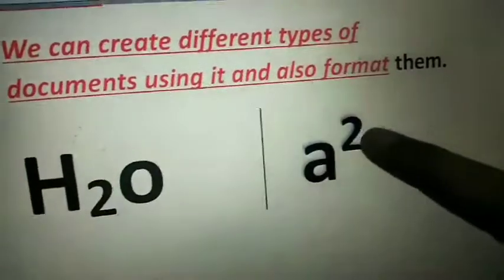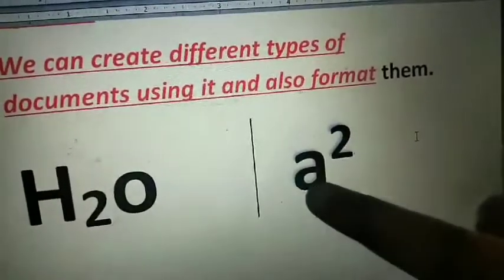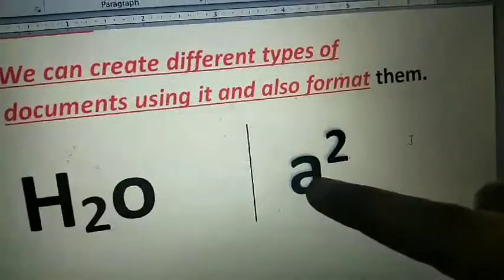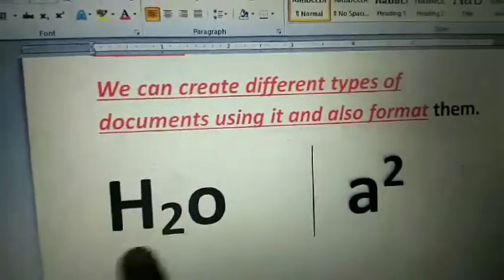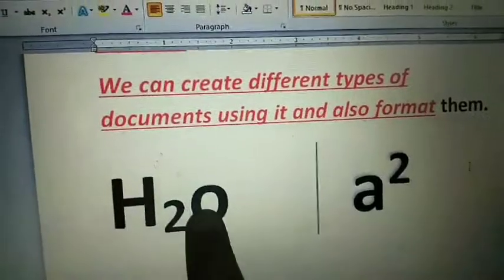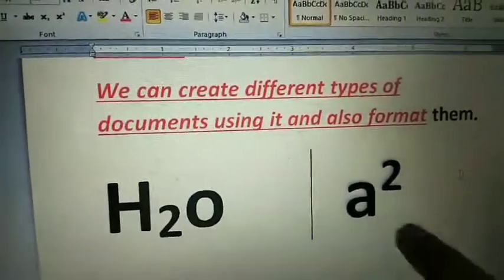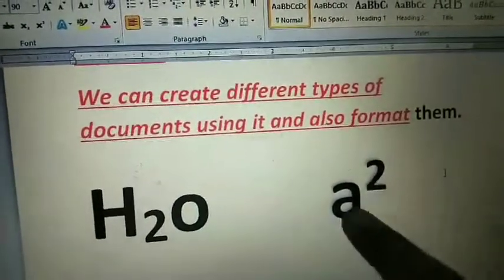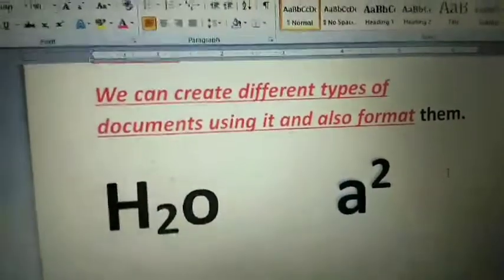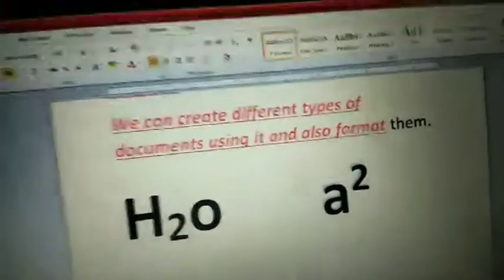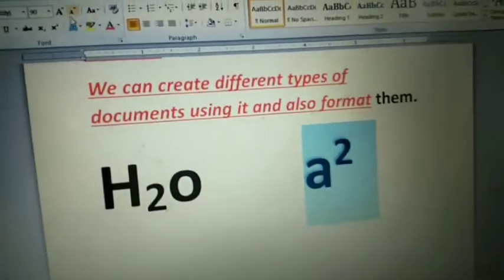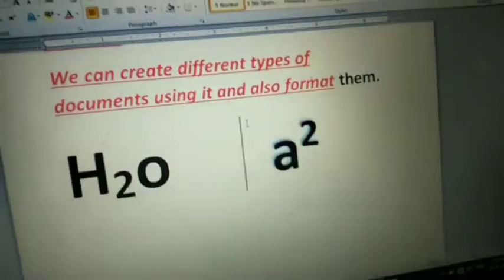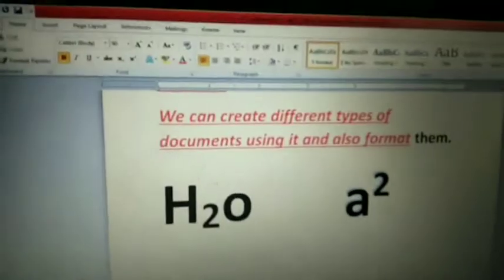You just concentrate on these two letters. The A background, that shadow is there, and the 2 background, the 2 shadow is there. Here I didn't apply anything, so here you cannot find anything. But here the A2 background, the shadow effect is there. So this is how we have to do the shadow effect. If you do it practically, it is very attractive, and we can change the colors also. So this is how it works. Shadow effect is completed.